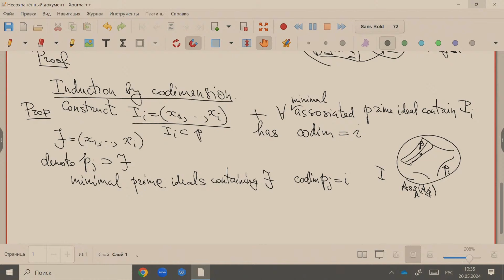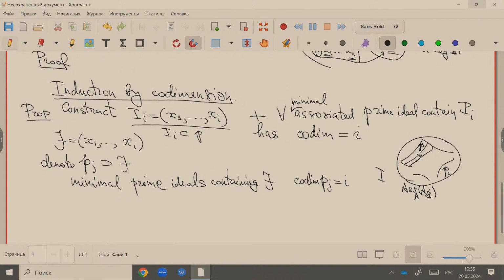So in order to increase codimension, we have to take an element outside of the minimal ideals. So take x I plus 1. So this ideal will